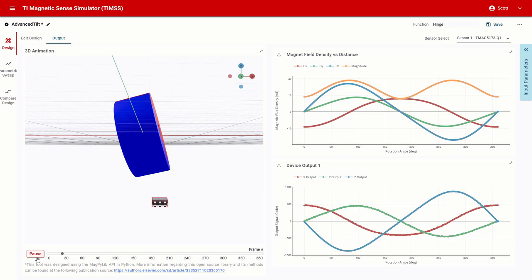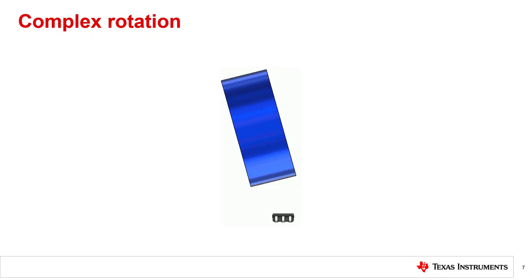Within the TI Magnetic Sense Simulator, when a tilt is applied to the magnet position, this relative alignment is maintained throughout the entire rotation, and the end result that we observe when we try this produces a wobble effect. This models the behavior of the magnet if it were not seated perpendicularly to the rotating axle. Instead, our goal for this simulation is to model the result when the rotating axle itself is tilted. So let's look at how we can model this field from a fixed tilt.